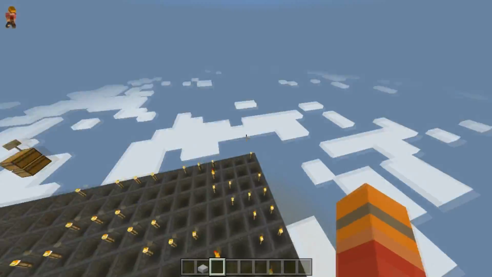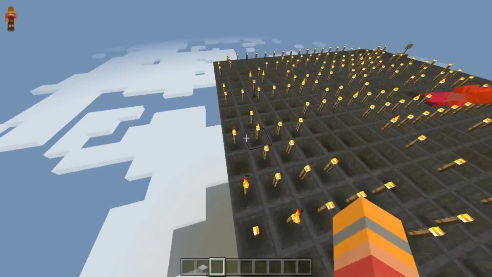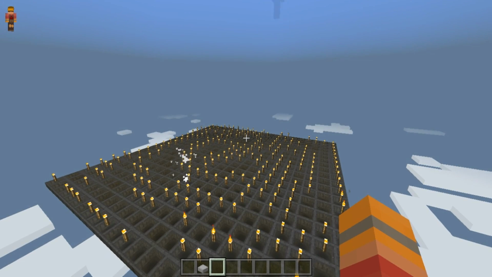Also, you could have some magma blocks on top of him, and instead of having all these things, you could just have hopper minecarts going back and forth, gathering them up, and then putting all the items into these chests. But now I am going to be showing you something really cool, so let me go to the other